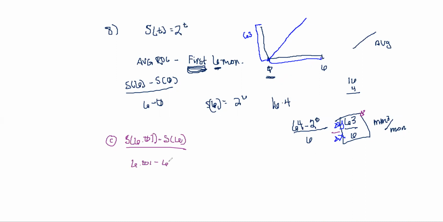And I fished out a calculator, so we can do this. But in addition, we would also try S of 6.001 minus S of 6. And we can just keep getting smaller and smaller. So if you want to pick one of these to put into your calculator,